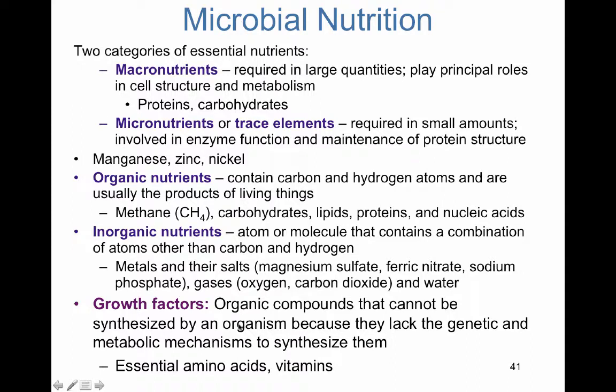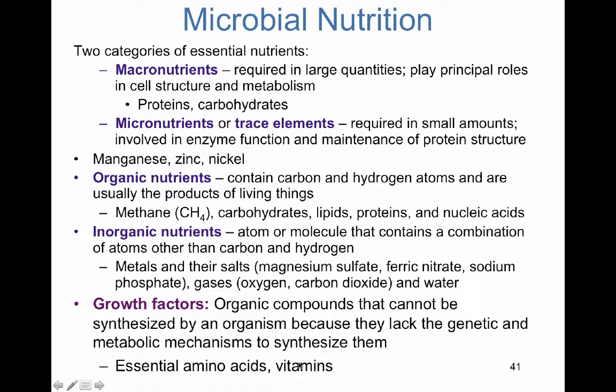And also we have growth factors that are required in the form of a nutrient. This would be because the cells don't have the ability to synthesize them on their own. So it's just like our cells. We need to actually extract and absorb specific growth factors from the foods that we eat to drive our cellular processes. So these essential amino acids are critical. There's 20 of them, and I'm not going to require that you know all of them, but the amino acids make up the linear structure of every protein that exists.